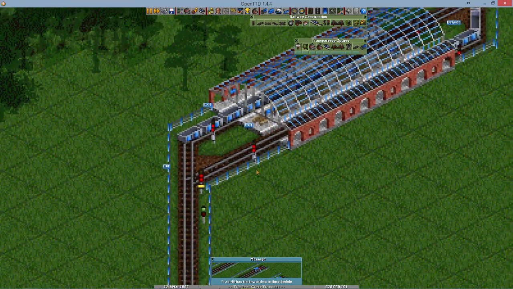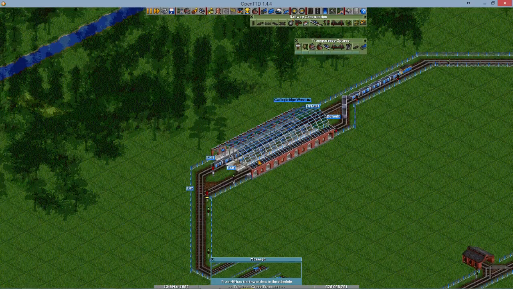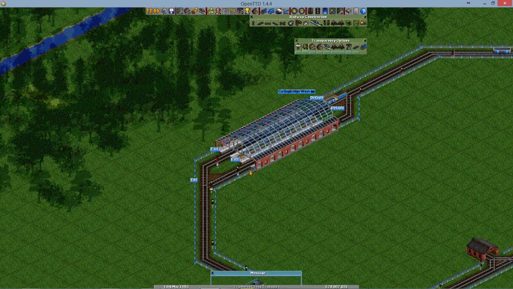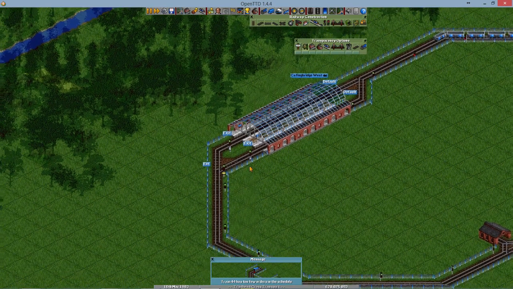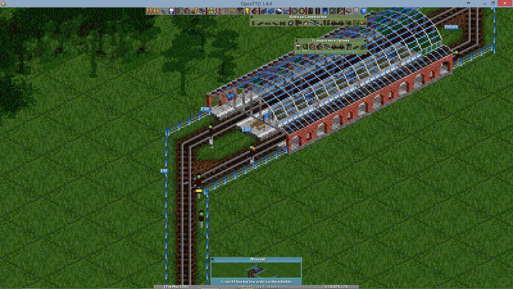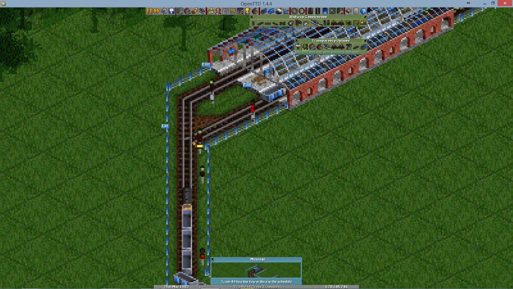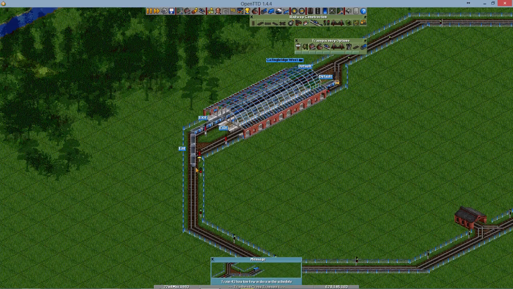So you can see that anytime that the first train comes in, or anytime that a train comes in and none of the platforms are being used, they always go to this platform right here, the one on the bottom. But if this platform is occupied, then it turns this exit signal red, and it forces other trains to go onto this platform. And if both of the platforms are occupied, then both of these signals will be red, and it'll turn the entrance signal red, and trains will have to wait outside and behind the entrance signal before they can get in,